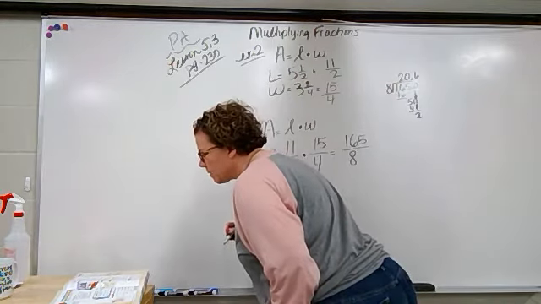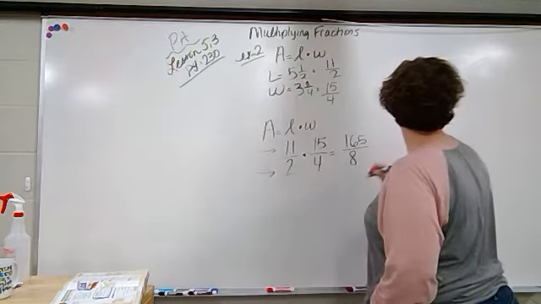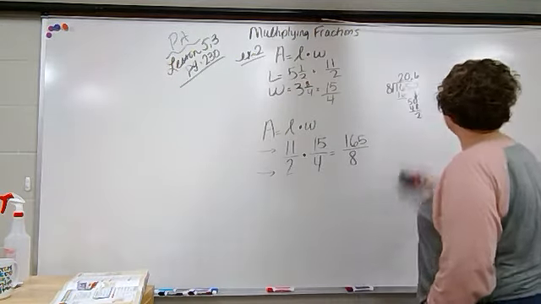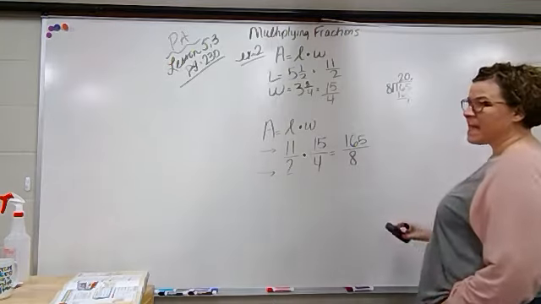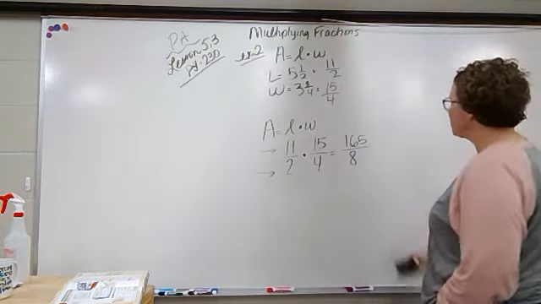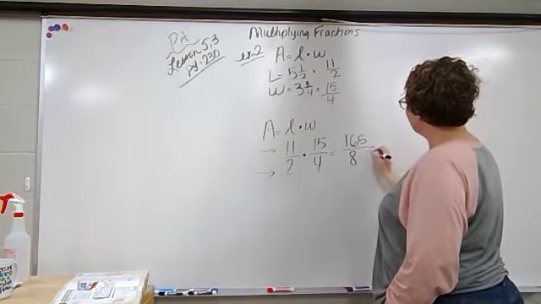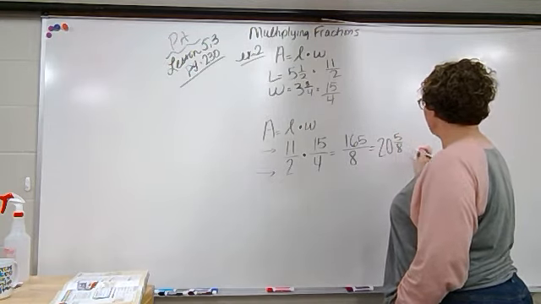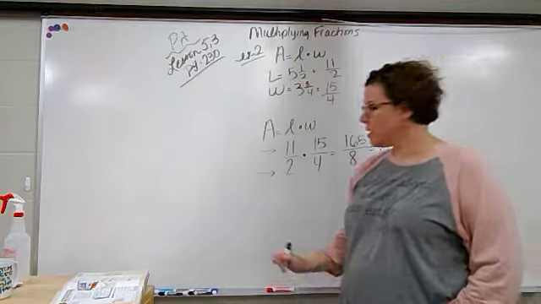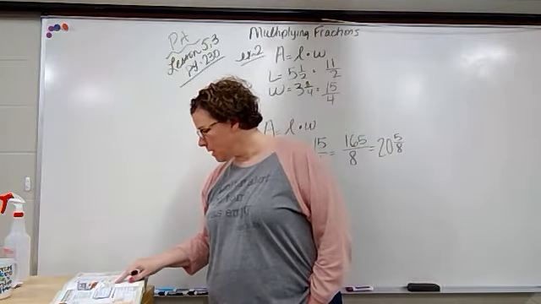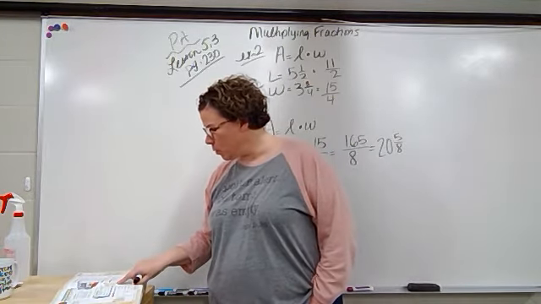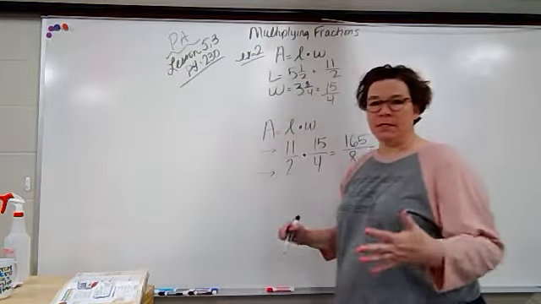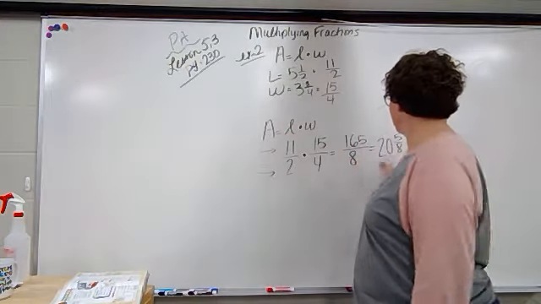20 and 5/8. How did I mess that up? Oh, because I went too far. Good grief. This is a disaster. I'm supposed to know what I'm doing. 8 goes into 165 20 times with 5/8 left over. Gosh. Okay. And I'm sure you have no confidence in my teaching at this point, but this is the right